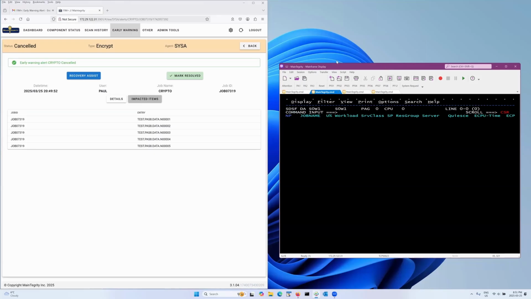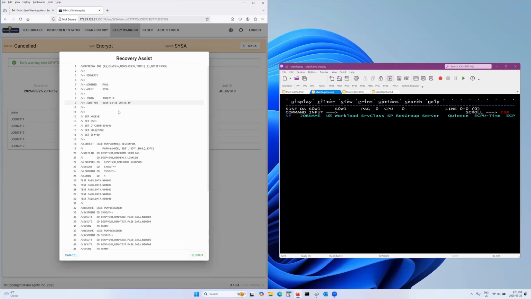Back in the support interface, since the job was canceled, I can now click into CSF Recovery Assist. By clicking here, CSF automatically generates the necessary recovery JCL behind the scenes. This JCL uses tools that restore at the dataset level, pulling from IBM safeguarded copies, Dell snapsets, or Hitachi snapshots, as well as conventional backups. Here we see the 5 datasets that were impacted. These are the ones I'll be restoring.